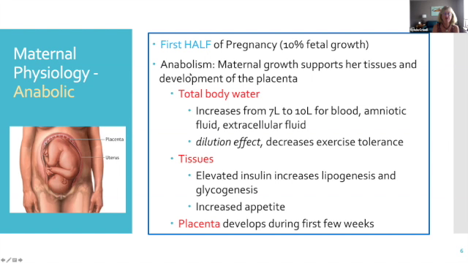So during the first half of pregnancy, her tissues are growing, several of them are growing, breast tissue, uterine tissue, circulation and so forth. And she's also developing a nice placenta. During this time of growth, her total body, this is very interesting, so hang on to this. Her total body water increases from a normal of 70 liters to 10.